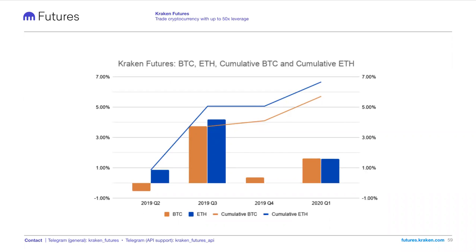I used a very extreme example to show it to you here, but what we've done is gone in and taken the premium, looking back over the trailing 4 quarters, so Q1 2019 to Q1 2020. We assumed you entered at the average price in the first week of the contract, so basically the first week of the quarter. You buy in at whatever the average price was, so it's not about timing it to the first minute. If you enter the contract in the first week of the quarter and hold it for the full quarter until it expires, we looked at the premium over that period. On Bitcoin, the premium was about 5.71% over those quarters, and on Ethereum, it was 6.6%.